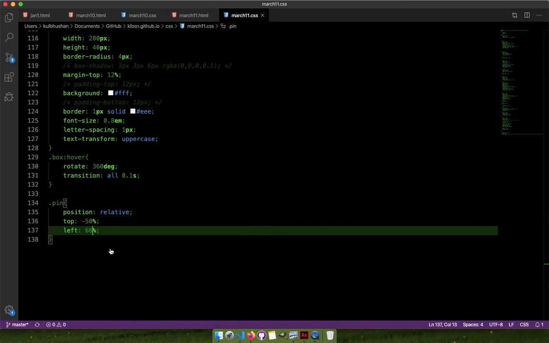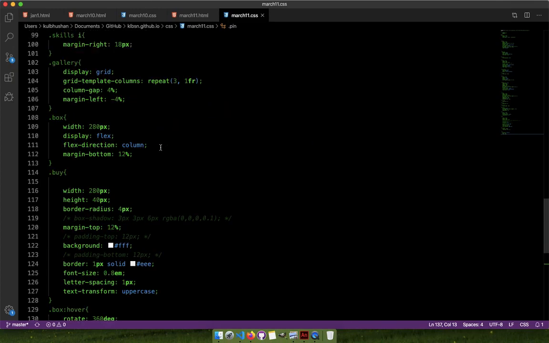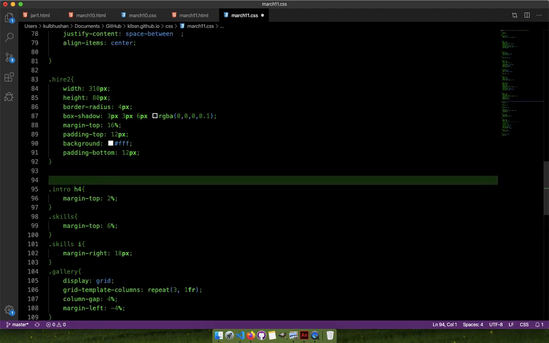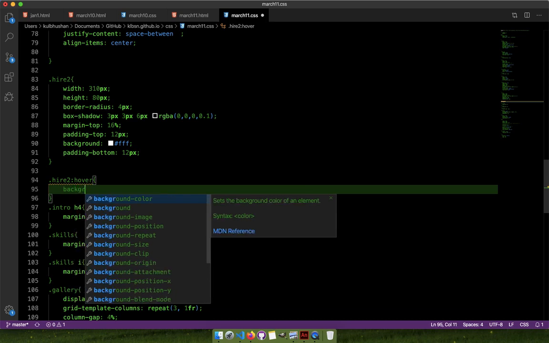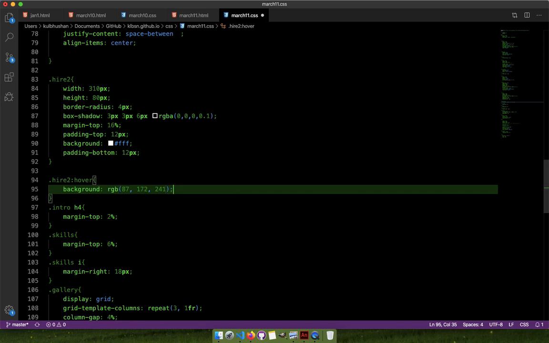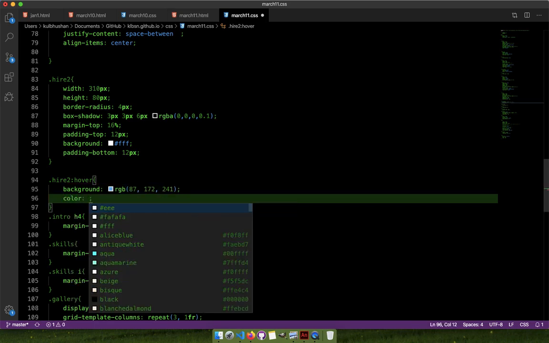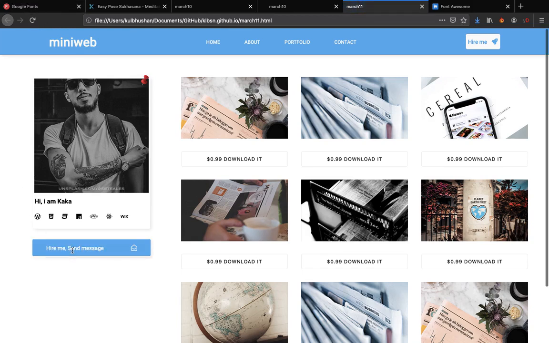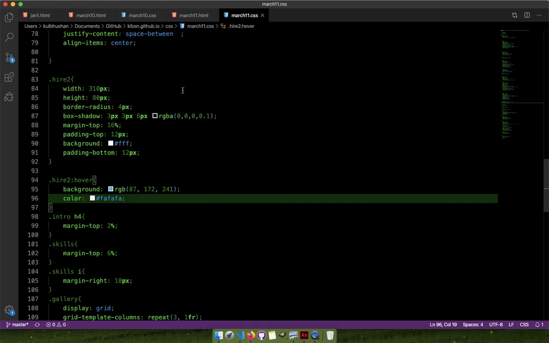The color should be changed when I hover on this. So the name of this button is hire-to. So when I hover on this hire-to, its background should become that RGBA blue color. This is the color, and also the text color should become that whitish, this kind of thing. That's okay. Now when I hover on this whole thing, the whole thing's name is,